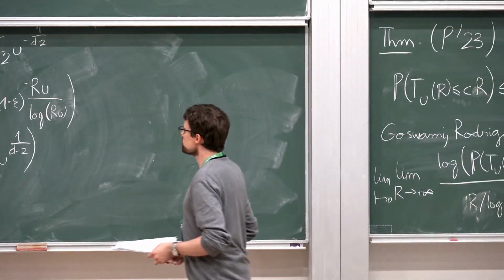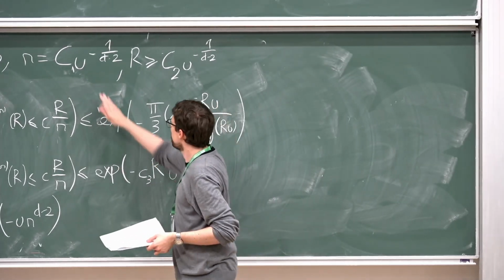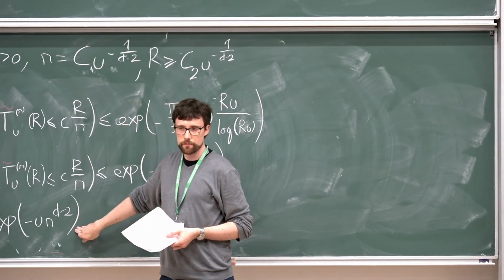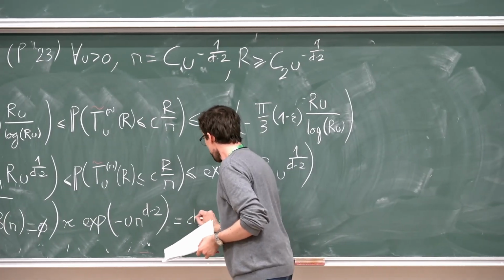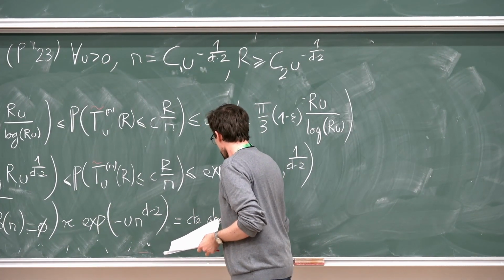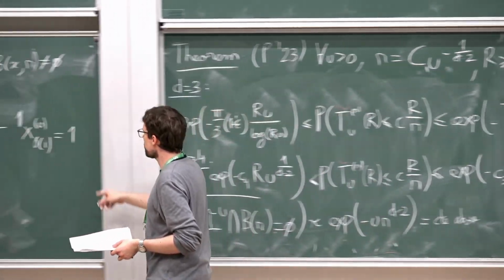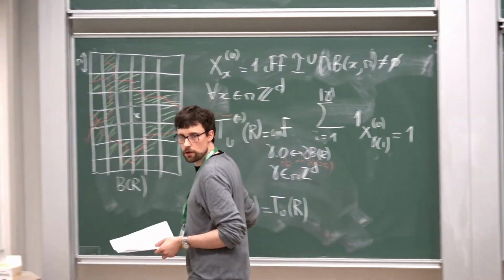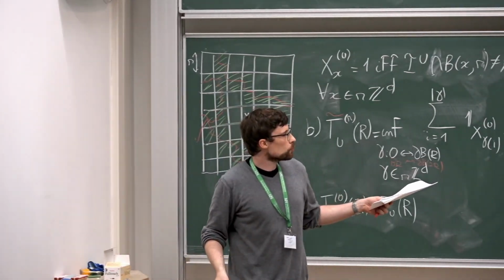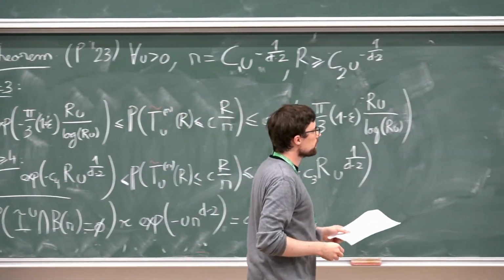Exponential minus U R to the d minus 2. So if you take small r of this type, then this will be constant. Okay. So each box here with this scale has exactly a constant probability to be open or closed, even when U is really small. Whereas here, of course, you are only